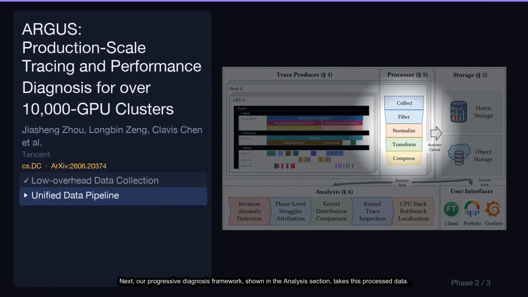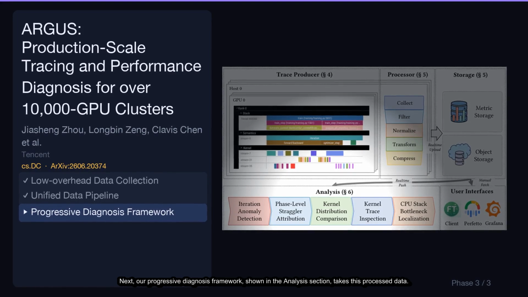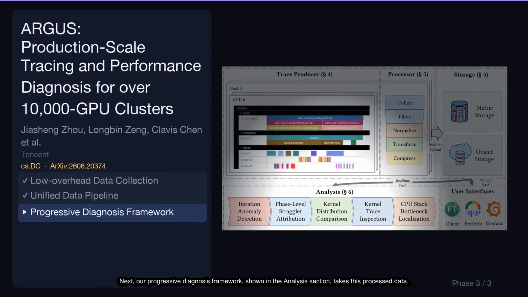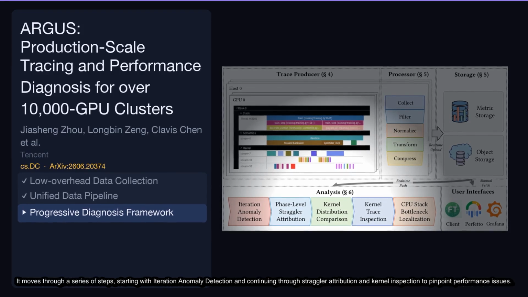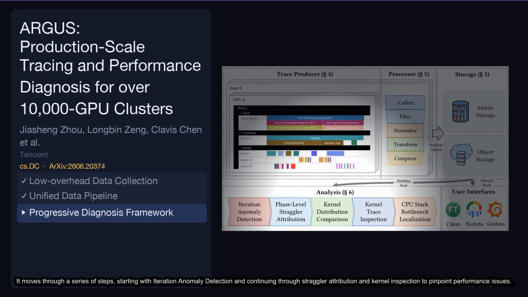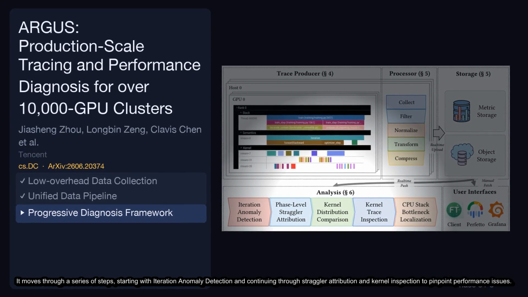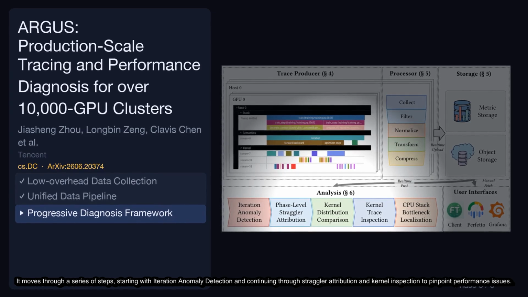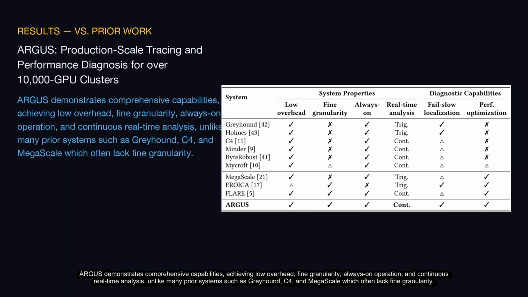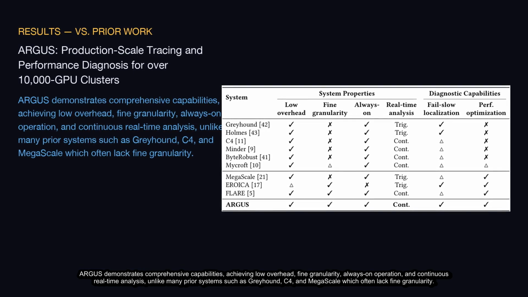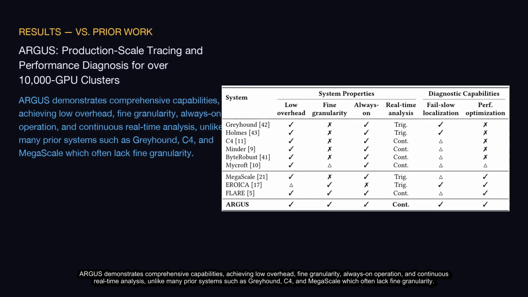Next, our progressive diagnosis framework, shown in the analysis section, takes this process data. It moves through a series of steps, starting with iteration anomaly detection and continuing through straggler attribution and kernel inspection to pinpoint performance issues. Argus demonstrates comprehensive capabilities, achieving low overhead, fine granularity, always-on operation, and continuous real-time analysis, unlike